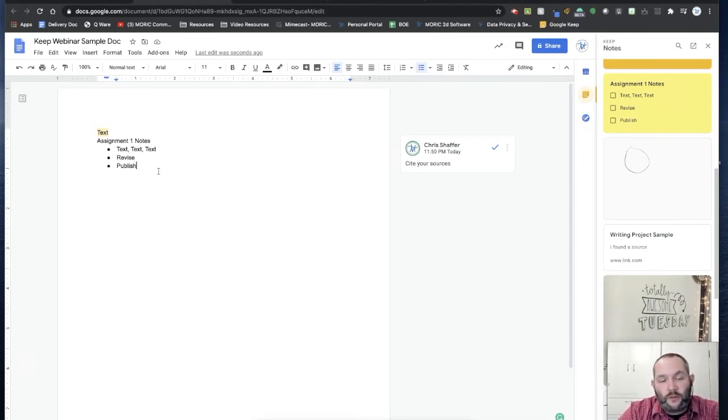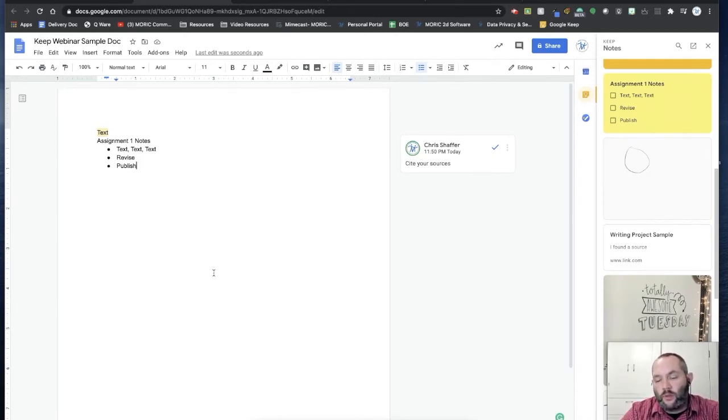For students, if we're going back to this idea of students using Google Keep within the writing process, they could use Google Keep for that first step of brainstorming and pre-writing, where they're gathering all the resources, typing all their notes, getting images, saving citations. All they have to do to get those into the document that they're now typing up is to either highlight that text or take the entire note and drop it into the doc. And now they're already moving into step 2, where they're creating that first draft. So it's really, really simple.